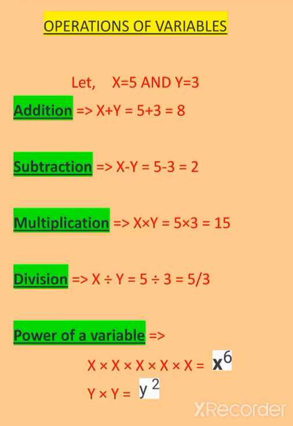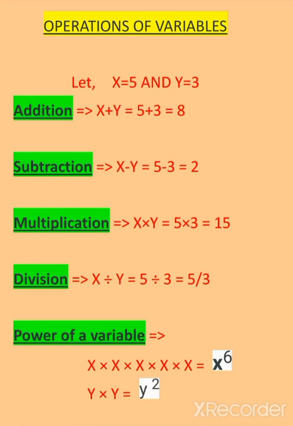So, we have just discussed constants and variables. Constants are the numbers whose value doesn't change. For example, 1, 2, 3, 4, all these numbers are constants. And variables are the numbers whose values we don't know. For example, x, y, z, all these English alphabets are variables in any given expression.